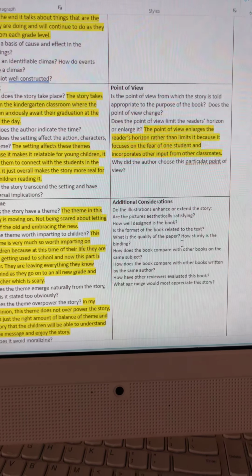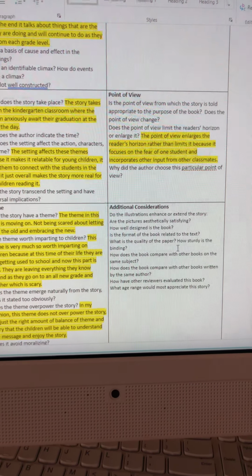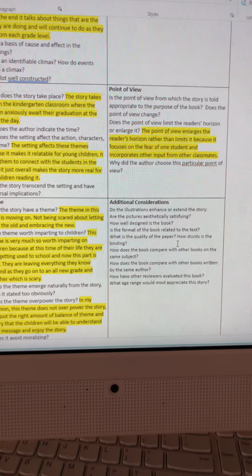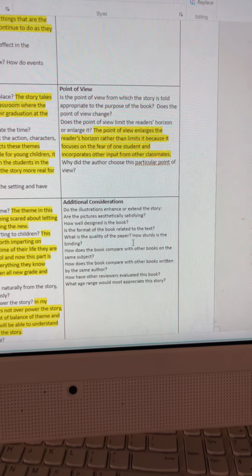The setting affects the themes because it makes it relatable for young children. It helps them to connect with the students in the book. It just overall makes the story more real for children reading it. The point of view